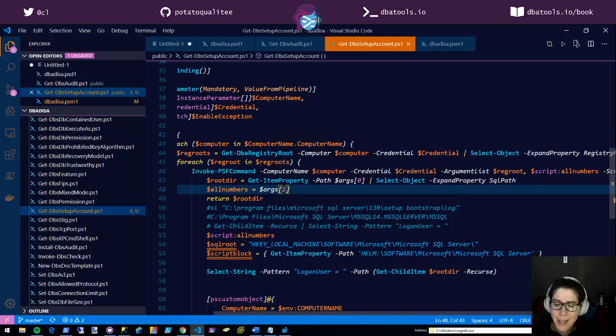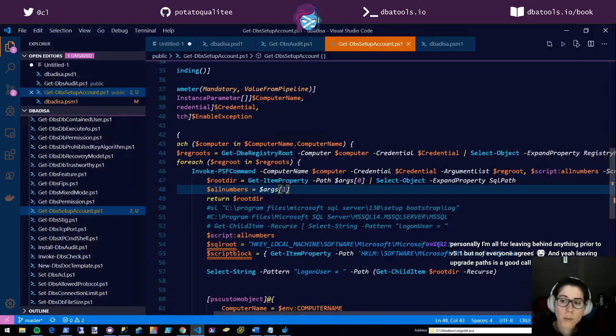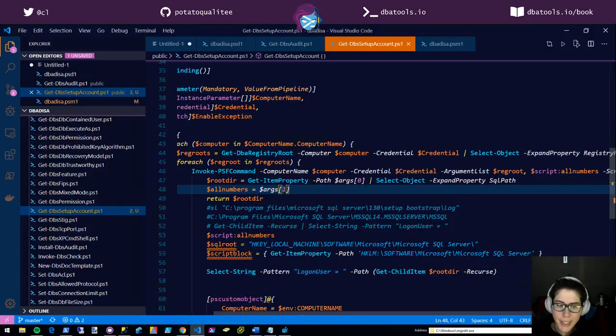So anything that I can do to help them and not exclude them, by giving them something that works with PowerShell 3 and SMO as far back as possible, I always try to do that, because not everybody can control their environment. And this doesn't necessarily apply to the DBA DISA, because if they are running on 2008 R2, then they're already out of compliance.